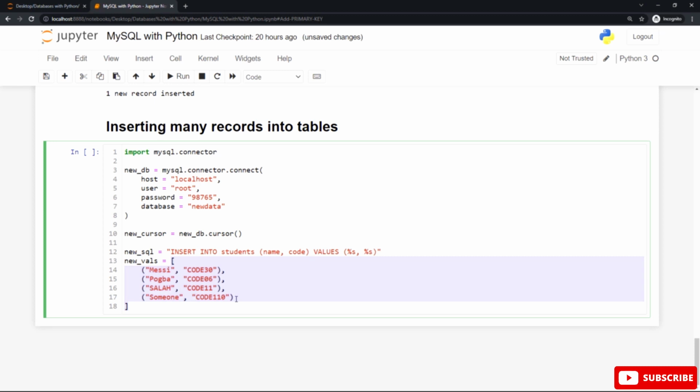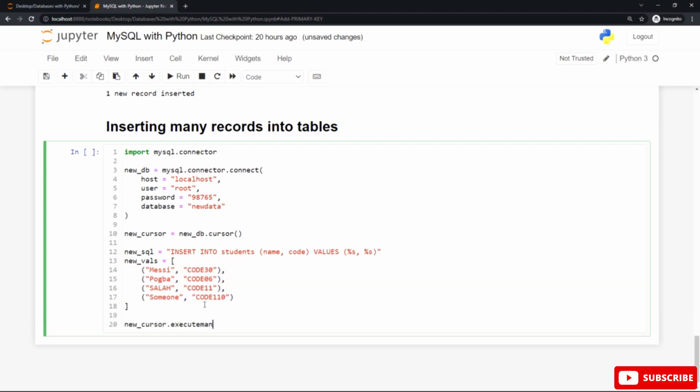Now, after that, you need to use the executemany statement instead of using the execute statement. You can see the executemany statement here after the new cursor variable, which refers to the cursor statement to execute this method or this statement, and it has 2 parameters here, new_sql and new_values.